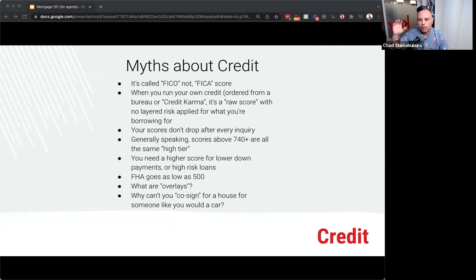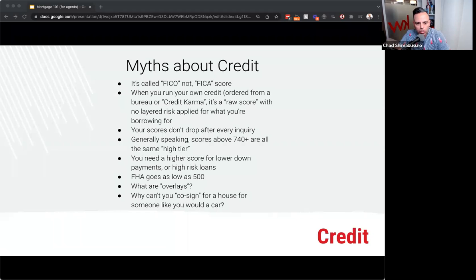If I'm applying for a loan that's $500, $600 or $700 per month, that's far riskier than applying for the use of a mobile phone with a bill of $100 to $150 a month. And then if I call my local lender and have them pull my score, it might not be 620, it might be 720. Did it drop? It didn't drop. There's a different layered risk. And with a mortgage, that's the highest risk possible. So just know that is a thing. People get caught up in, oh, well, I ran my own credit and it was much higher.